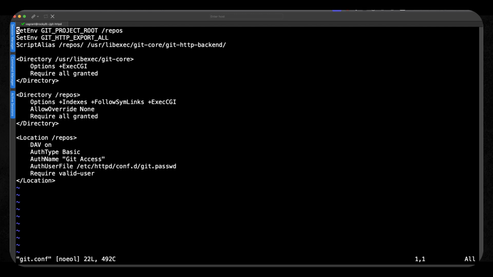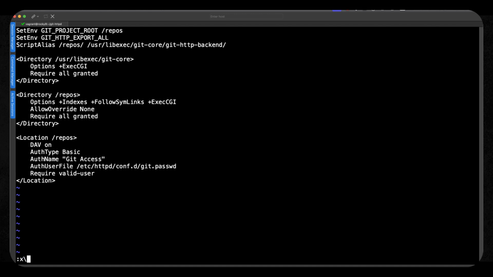And of course, you can see we are then setting up authentication. So you will need to add a username and password when accessing the repos directory. Our users are going to be stored in the git.passwd file, but of course you could set up authentication to use LDAP or other authentication sources.